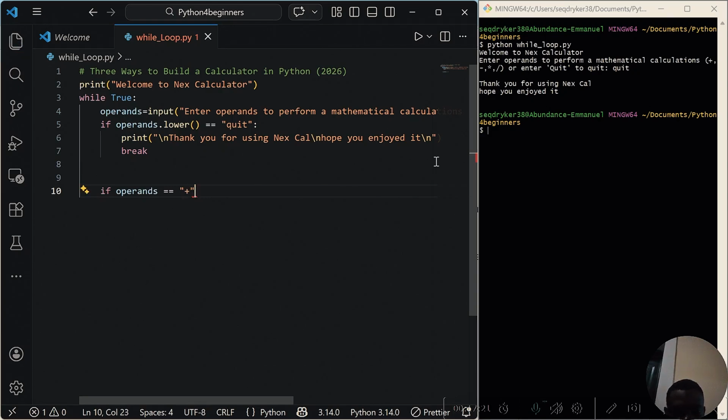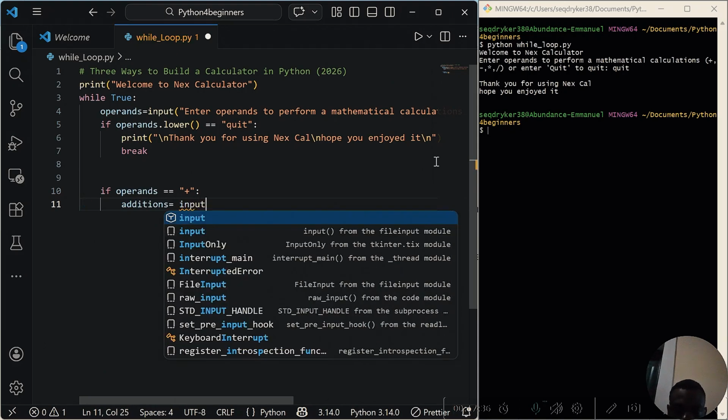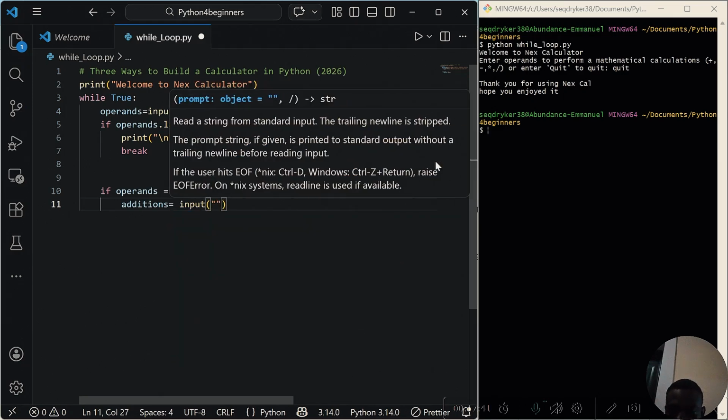So if somebody says it's plus, what do we want to do? We tell the person, so we'll collect an input again. Let me call this addition. Addition is going to be a variable that stores whatever command the person is going to enter. So it's going to be input, and then we're going to tell the person